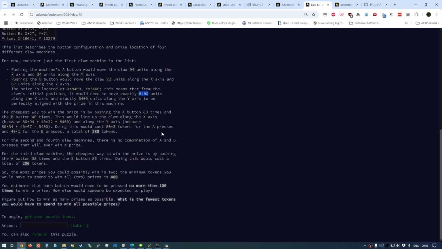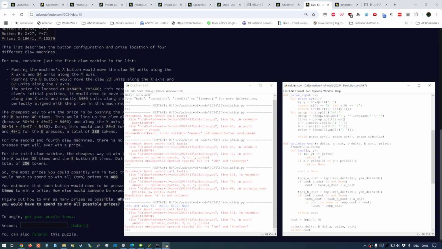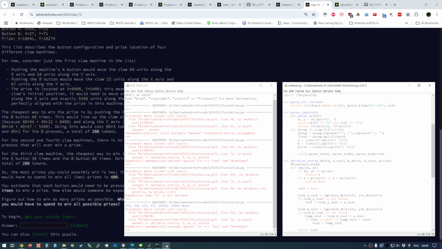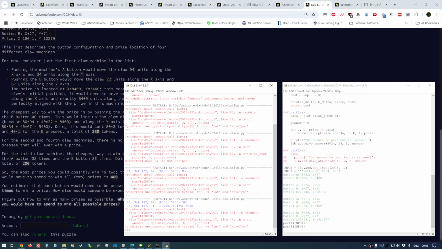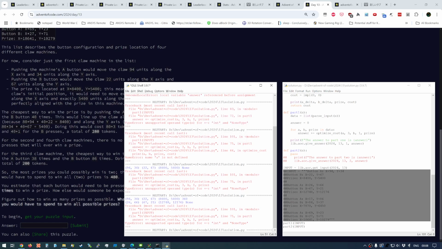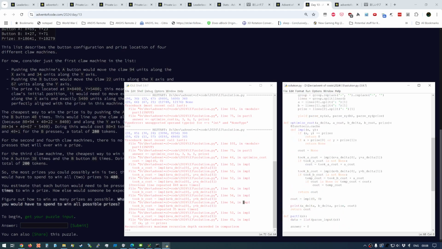I probably did this wrong, but this is weird. Why? Oh, okay, that'll do it. Yeah, okay. And then we do this depth limit because we have,